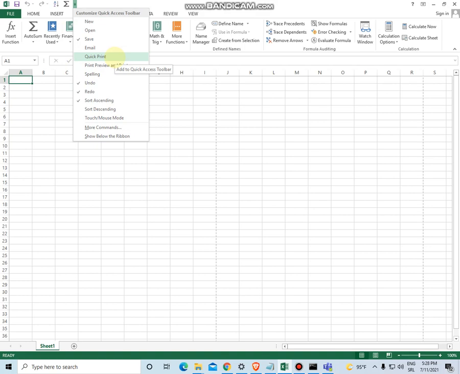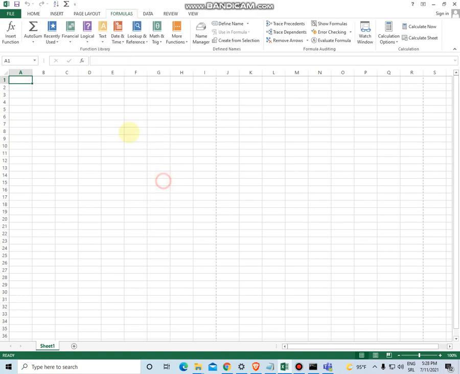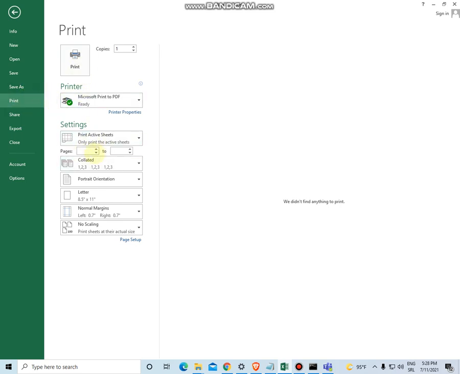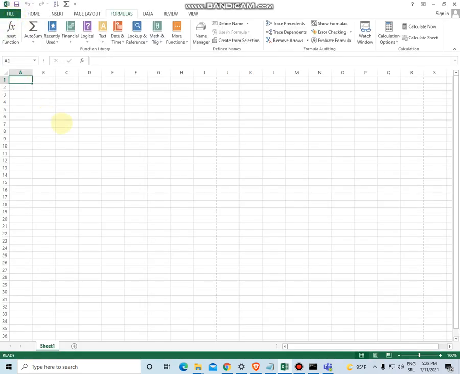For example, if you print your documents and data in tables very often, in the ordinary way you will go to File and then go to Print, and after doing some settings here you go to this Print button, and you see it's 3 clicks. It's not too much, but we can simplify that by putting this option for printing in the quick access toolbar.